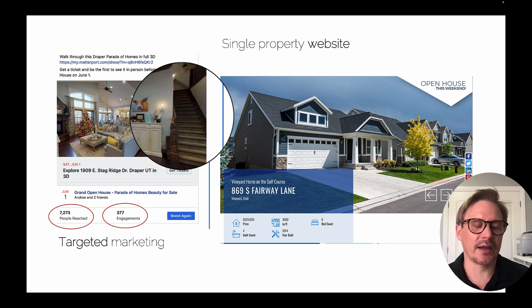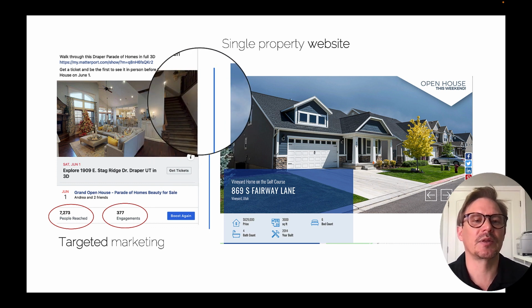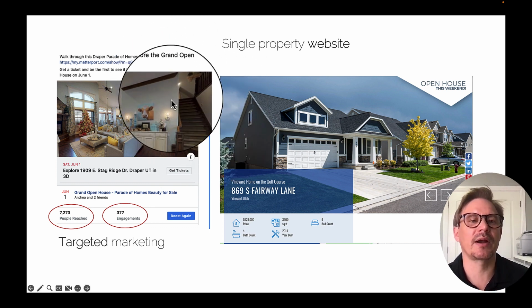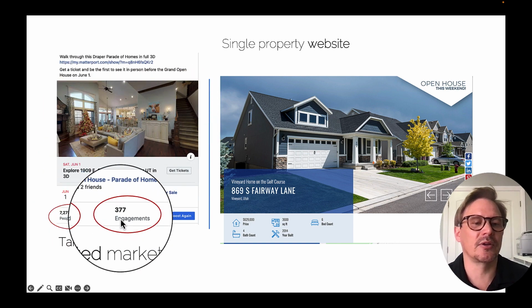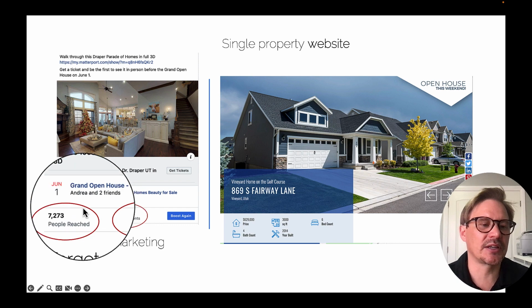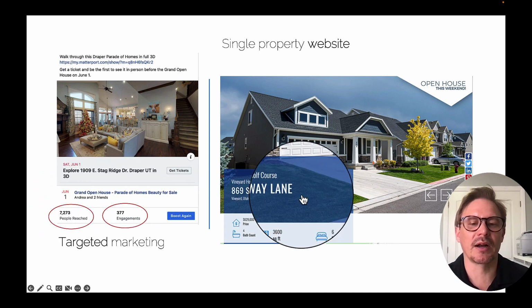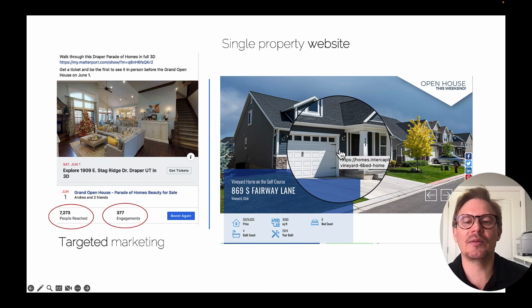I'm going through this quick. It gives you some ideas of what you can say and what exactly you're offering. So if you need help with that, that's something you should do. Get ready for it way before you go to your actual presentation. You can talk about how you're going to do these 5 or 6 ads and how much engagement you get because it's targeted marketing. And then you're going to say one of the landing pages is going to be a single property